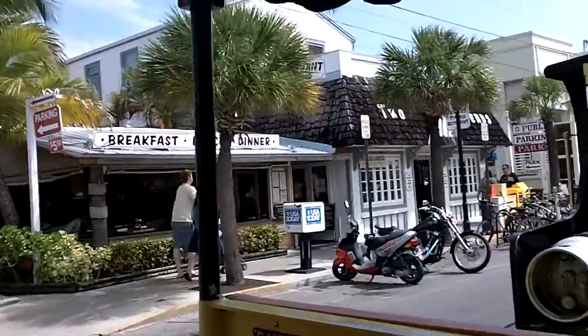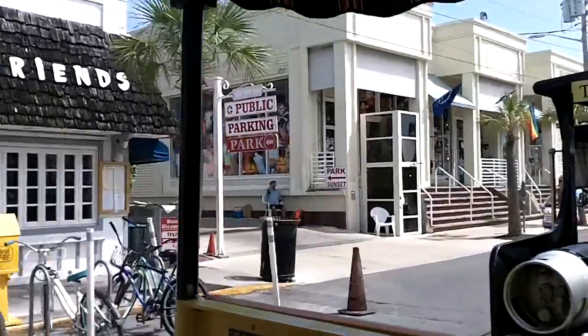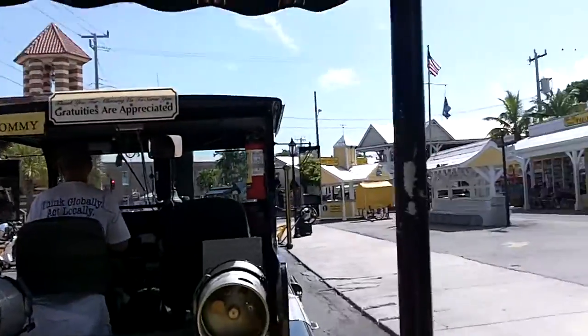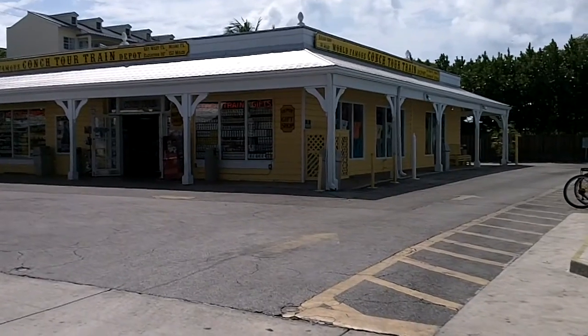It is Engineer Tommy on train number 105. This is a reporting call for the continuation of your tour. I have a few more things I'd like to show you. I do think it is the best part of the tour. I have Navy Street, the historic seaport, Bahama Village, Key West Cemetery. At our station we have rest facilities, a gift shop, and